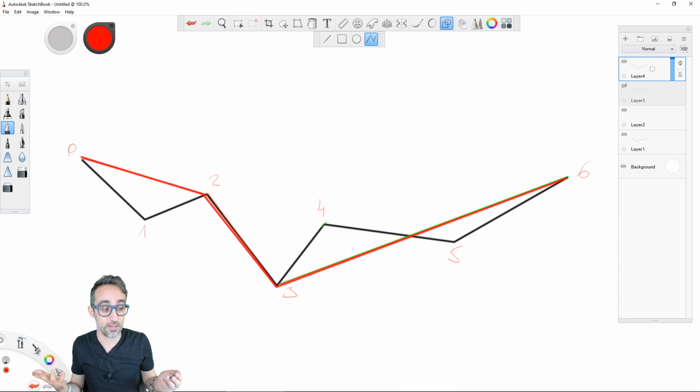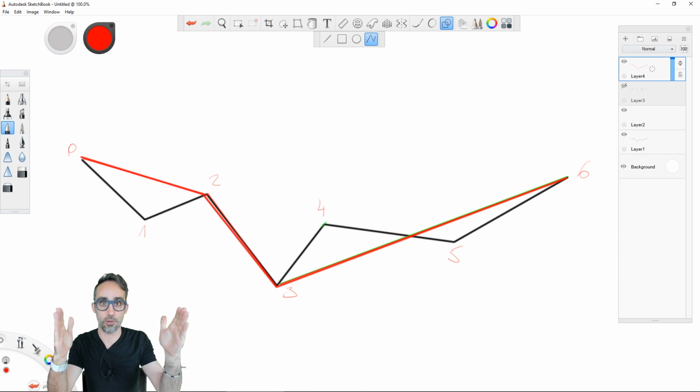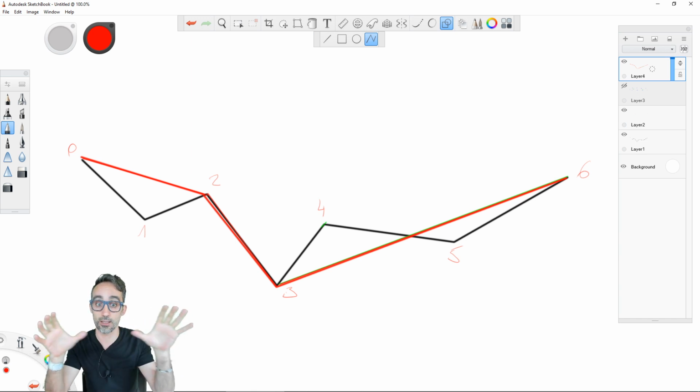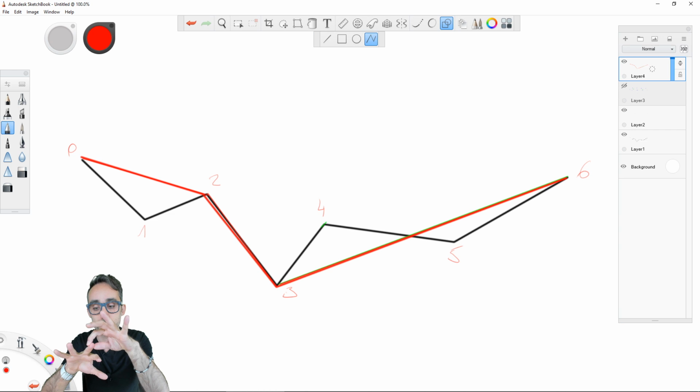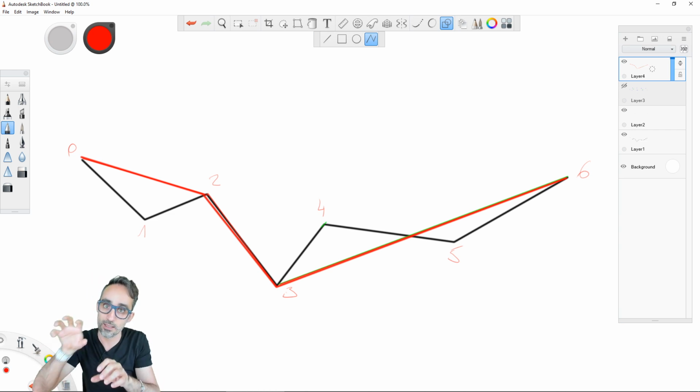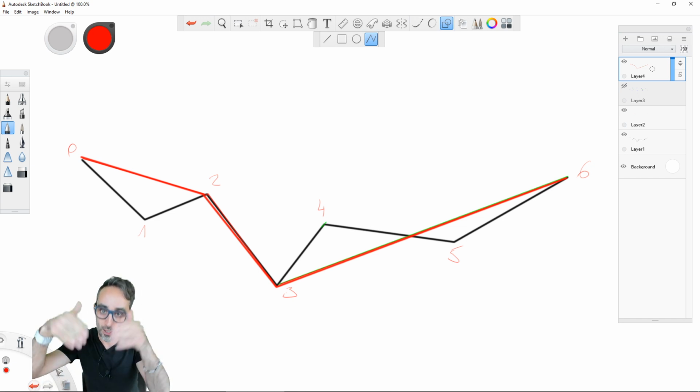And that's the simplification. What's interesting about this is that we have applied a recursive logic. We started with, let's simplify the whole polyline, but we found a vertex that was outside of epsilon, so we divided the polyline in 2 segments, and then we said, okay, let's now simplify the left part, and then we will simplify the right part. The left part, we also had one that was outside of epsilon. So let's subdivide that in 2 more polylines and apply simplification to each one of them, and so on and so on.